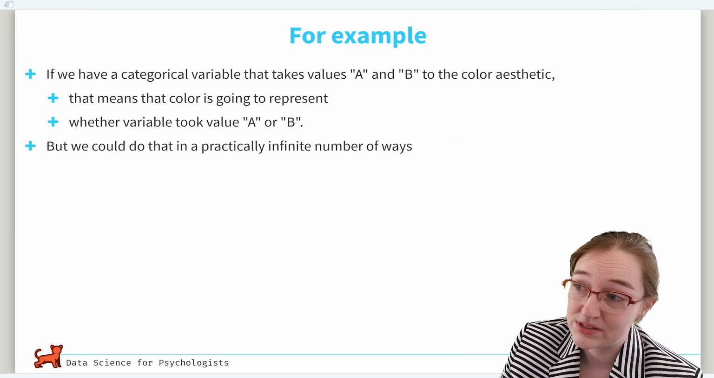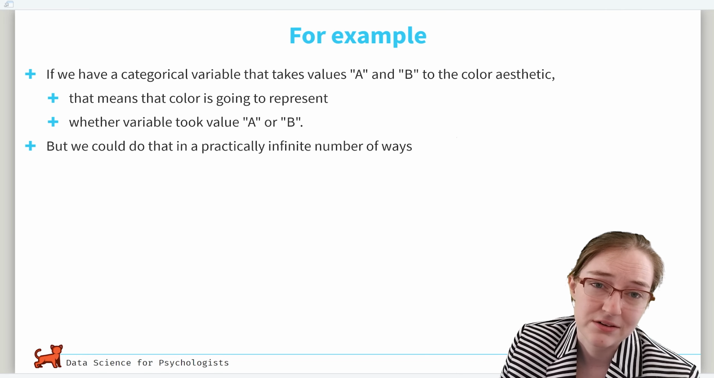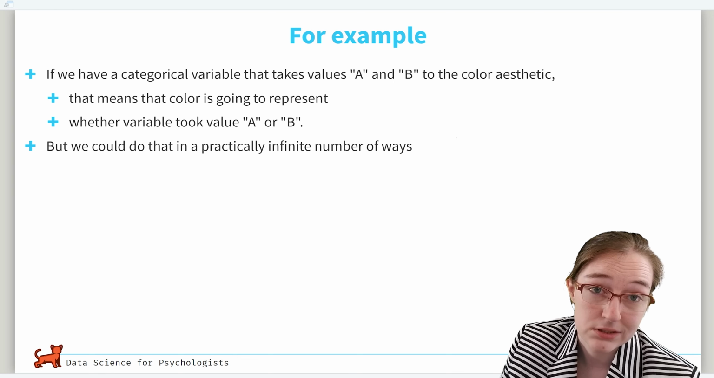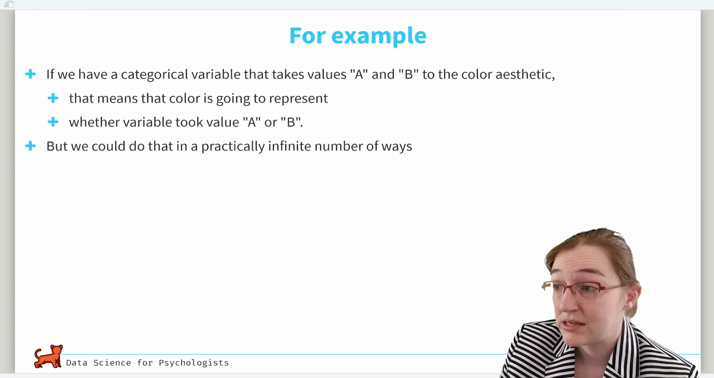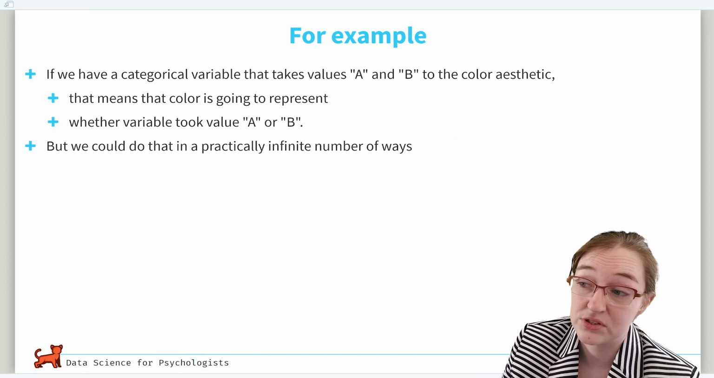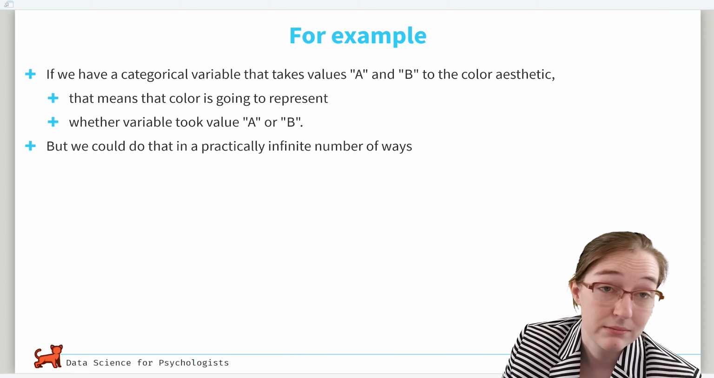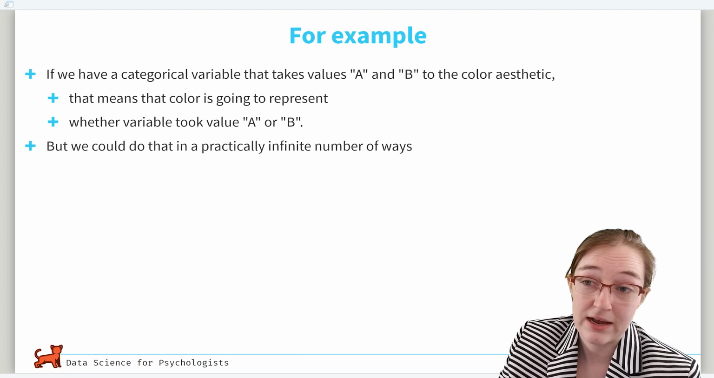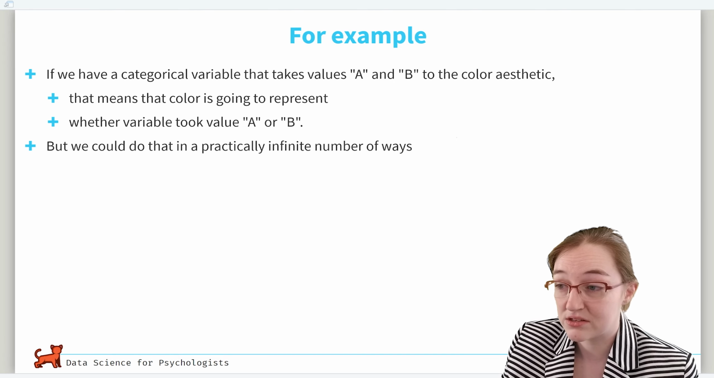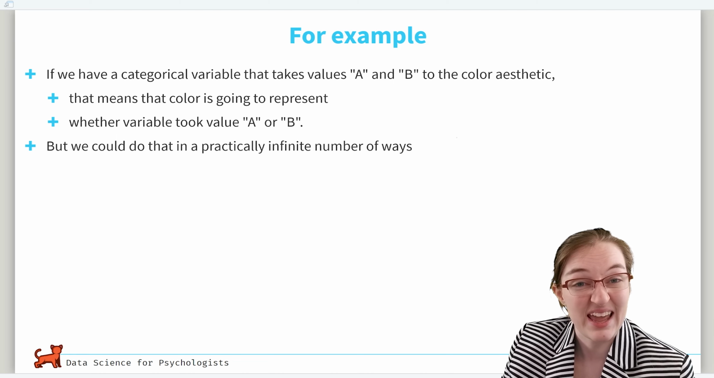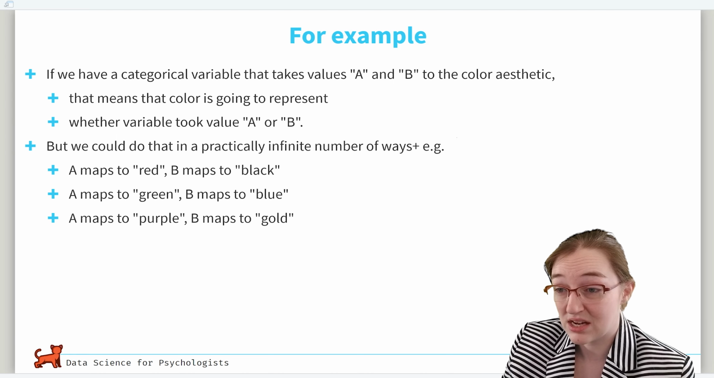So, for example, say we have a categorical variable, I know this is super creative, that takes values A and B to the color aesthetic. That means that the color is going to represent whether a variable took the value A or B. Now, great, we've got a way to distinguish between those key points, but after that, we can do practically everything to assign